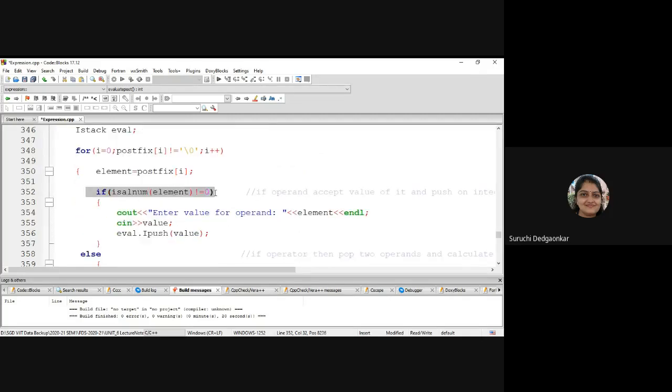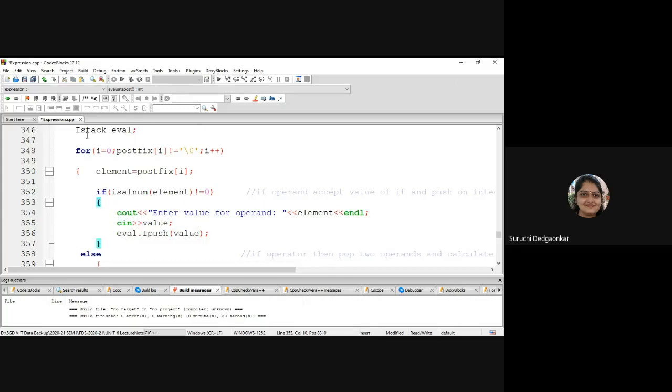So this condition is for operand, isalnum element not equal to 0, and this isalnum function is present in stdlib.h. Okay, so you can include that file stdlib.h in order to use this function. If isalnum element is not equal to 0, that means it is an operand. Then you have to take the value of that operand from the user. Okay, the value is taken and it will be pushed into the stack.